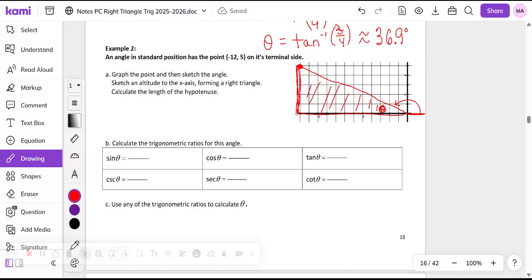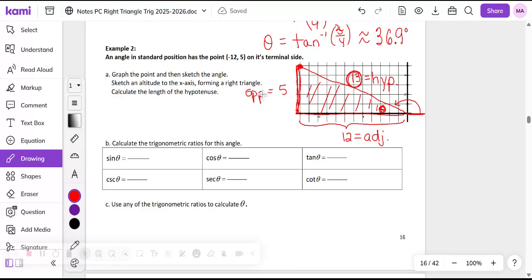And just using the values we were given, it is negative 12. The negative gives it direction, but in terms of the triangle, it is 12 units long, and this is 5 units high. So again, this is actually a Pythagorean triple. You can do 5 squared plus 12 squared equals c squared. I'm not going to do that because I've memorized these, and you should too. 5, 12, 13. With, of course, the 13 being our hypotenuse. The 12 is our adjacent, and the 5 is our